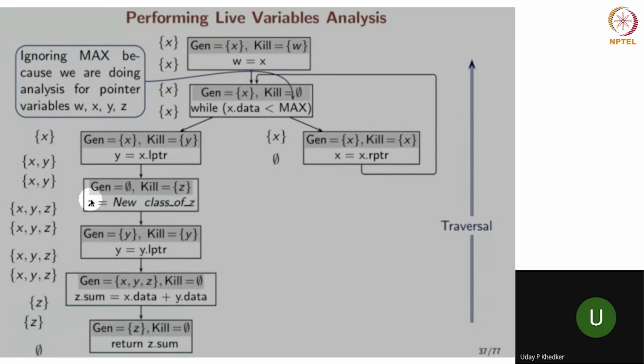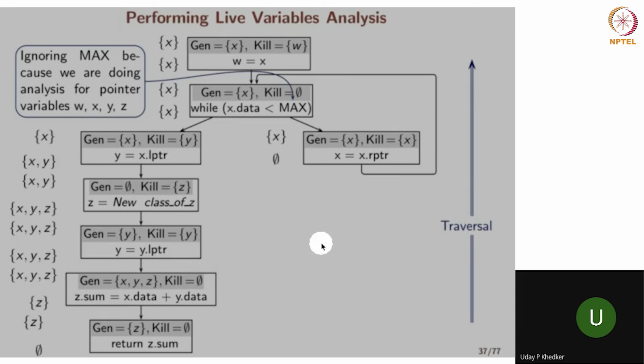Here the liveness of Z is being killed. So we have only X and Y as live here. We have X and Y live at the end of this basic block. And now the liveness of Y is being killed. Liveness of X is generated. So we have only X live here. We needed out n, which is empty set. So we add the liveness of X here. So we have X as live here. Now the union of this X and this X gives us X at the exit of the statement. So we have X live here, we have X live here, and we have X live here.